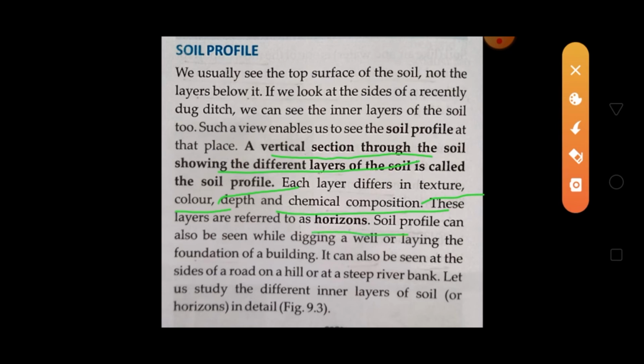Clear, children? Any problem regarding that? That is very easy, very simple. If the question is asked in the exam, what is soil profile, you can give the definition.